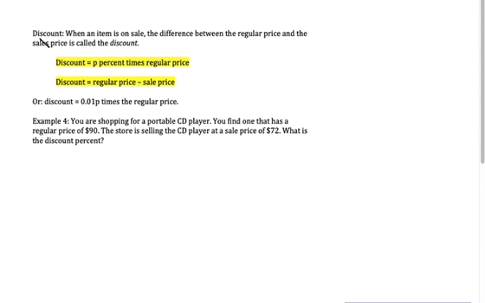All right, so a discount. Let's look at the definition here. A discount says when an item is on sale, the difference between the regular price and the sale price is called a discount. Okay, so here is that description right here. Discount equals the regular price minus the sale price. Now, you can also figure out the discount by taking the percentage of the discount and multiplying it by the regular price. So, for instance, if I got a 30% sale, right,